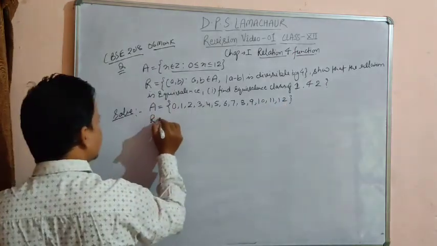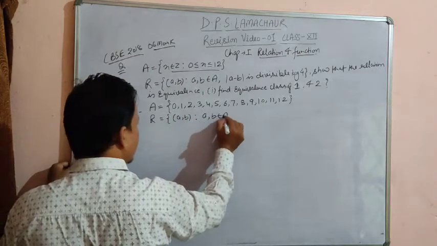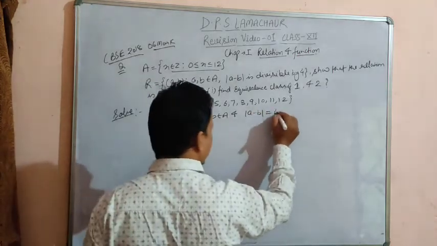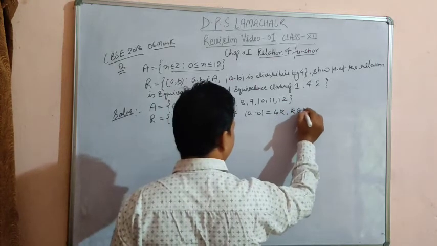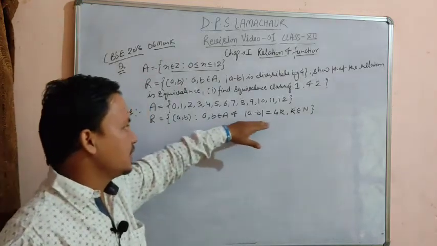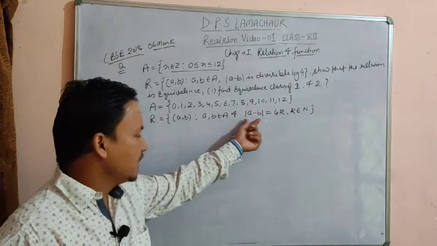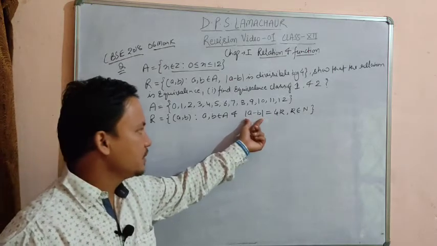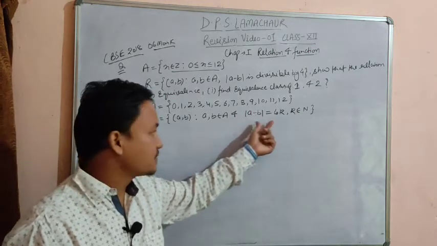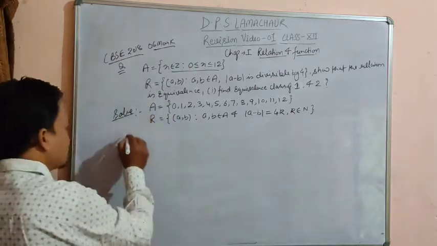And what is the relation? The relation is the ordered pair A comma B such that A and B both belong to the set and mod of A minus B is divisible by 4. Then you can write it like 4k, where k belongs to N, any natural number, because every element which comes out from this absolute value will always be positive, okay. It means that A minus B will be a multiple of 4. So that's why I have written it like 4k, where k is any natural number, okay. Now the first condition, reflexive.